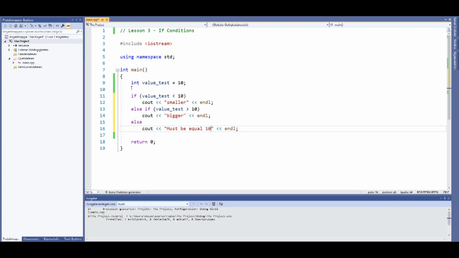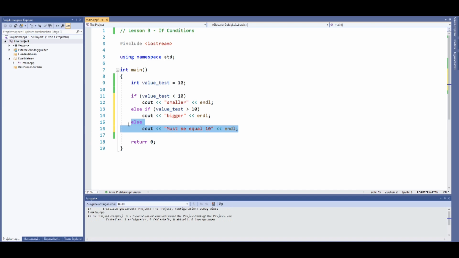Okay, if this makes sense. So it will first check, well, is it smaller than 10? Output smaller. Is it bigger than 10? Output bigger. If it's not bigger than 10 and not smaller than 10, well, then it must be 10 or something else in